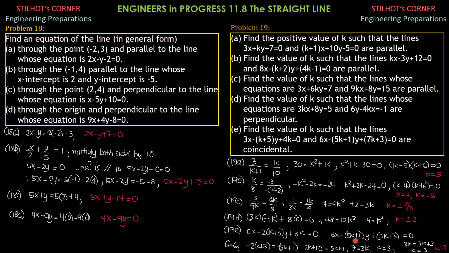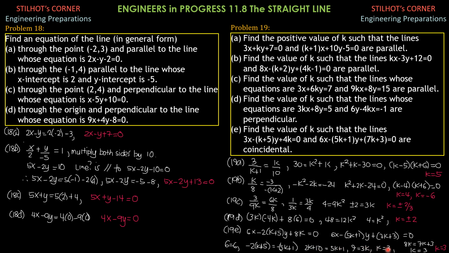But all these conditions should be satisfied, not only the coefficient of x, coefficients of y should be equal, and the constant should be equal. So next is, we have satisfied coefficients of x. Next, coefficients of y. Negative 2 quantity k plus 5 should be equal to negative of quantity 5k plus 1. So, cancel out negative 1 and distribute. So 2k plus 10 equals, so take note this becomes positive, so 5k plus 1. 10 minus 1 is 9, and 5k minus 2k is 3k. Solving for k, k is 3.